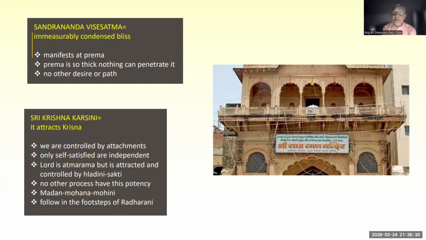Krishna is being treated as their own child or baby. They are in such a stage of Bhava Bhakti and Prema Bhakti, Shuddha Prema Bhakti, that they do not consider Krishna as their God or somebody empowered, the cause of all causes. As I mentioned earlier, we have to pray to Krishna through our spiritual master. The spiritual master passes on our prayers to Radharani. When she is pleased, she passes on our prayers to Lord Krishna. So we have to follow the steps of Radharani, who is the Haladini Shakti of Lord Krishna.